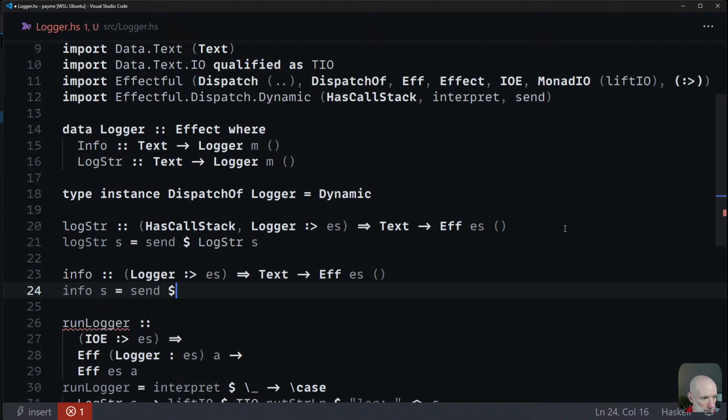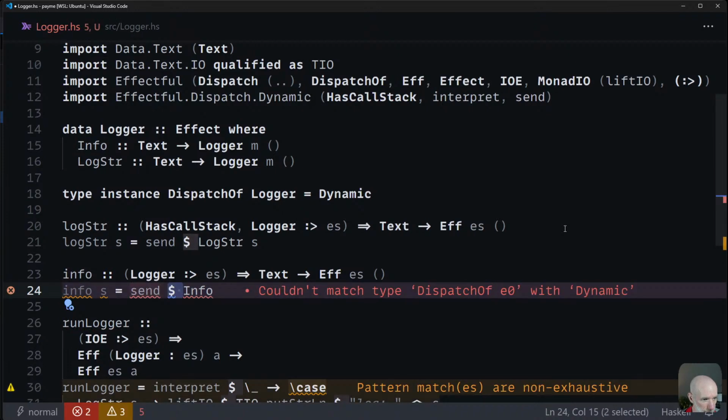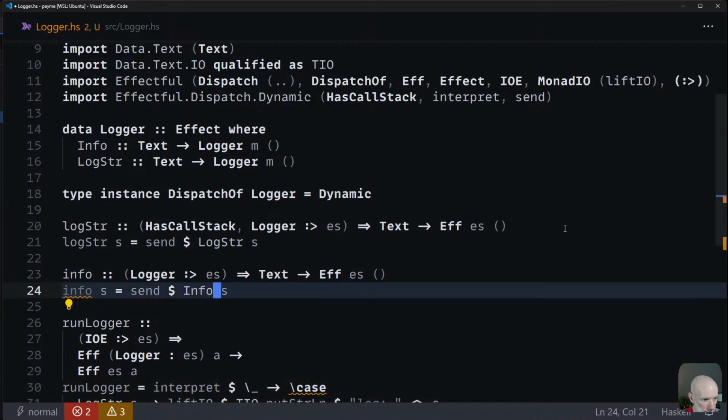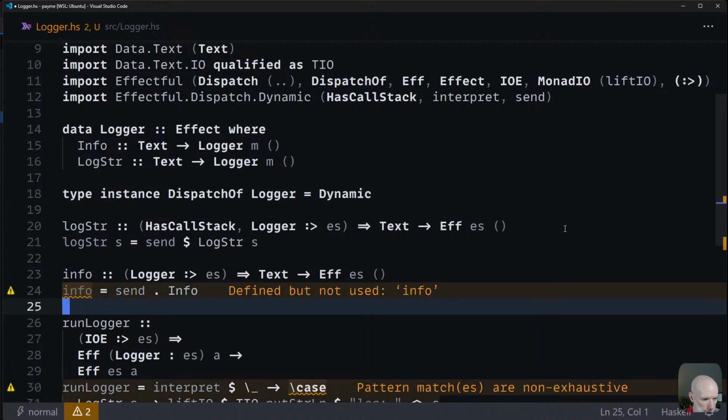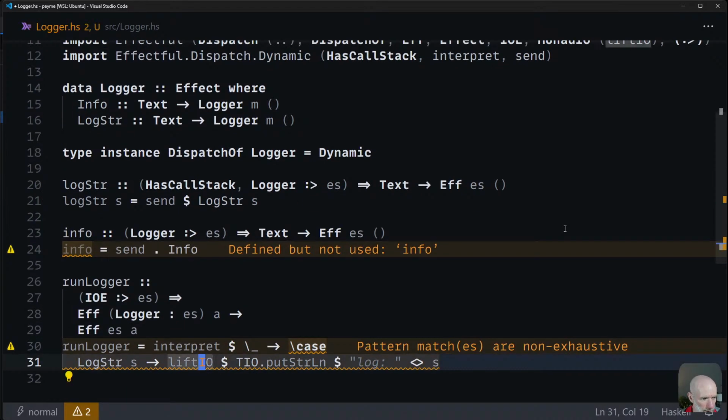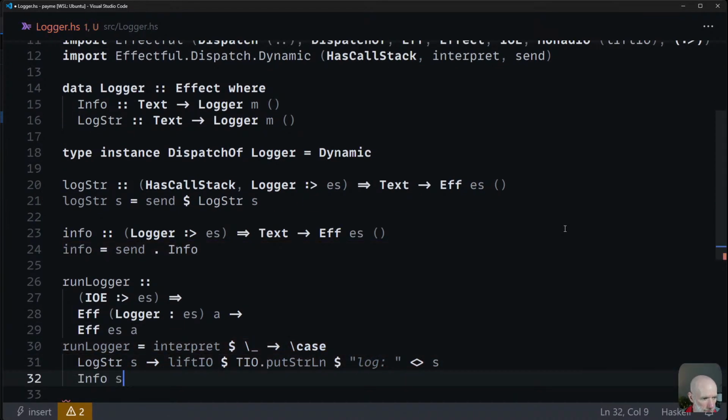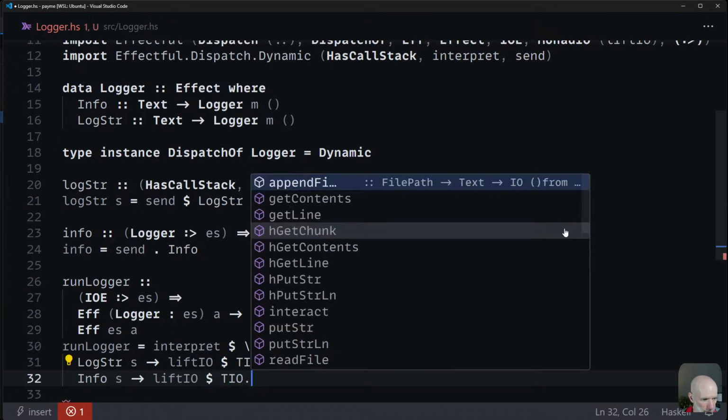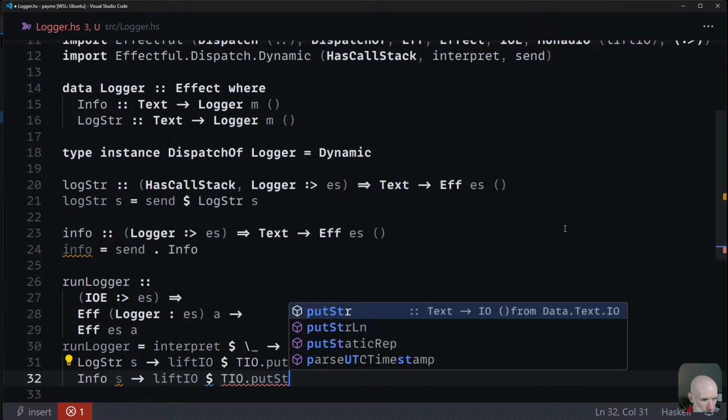So it's going to be send info s. Is that the same as this? Yes. Okay, and then in here we can say info s is lift.io to.put string,